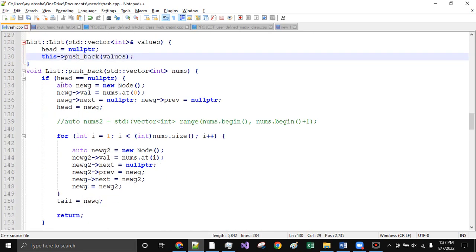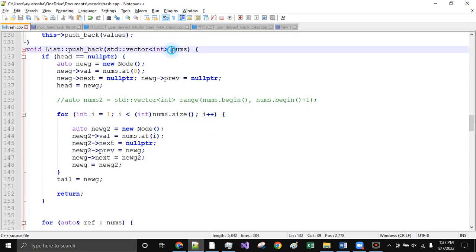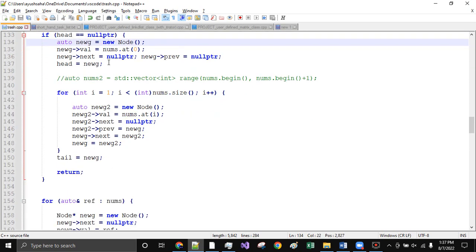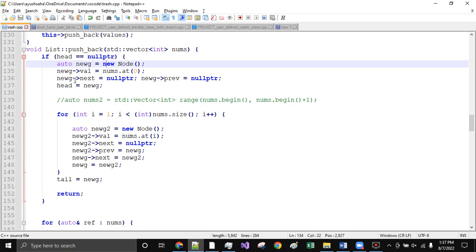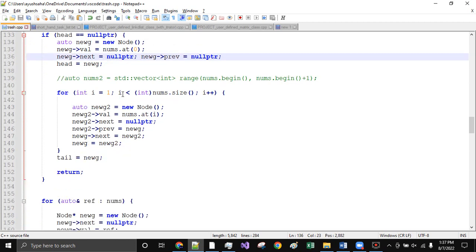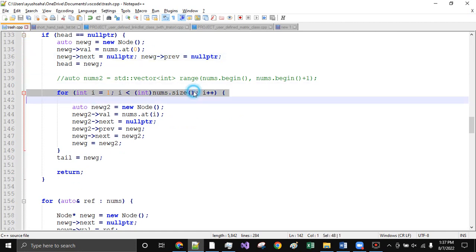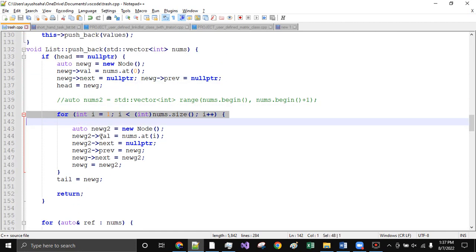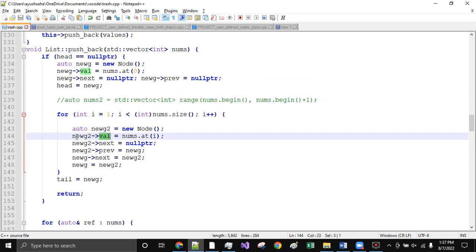So then we have our pushback function. It takes in a vector, and let me explain that. You create a new node to hold the value at the first index of this vector, and then make the next be null and previous be null. And then I have this function that will go through the vector, and for each element it will make a new node, set the new node's value to be the value at the vector position, and then the previous